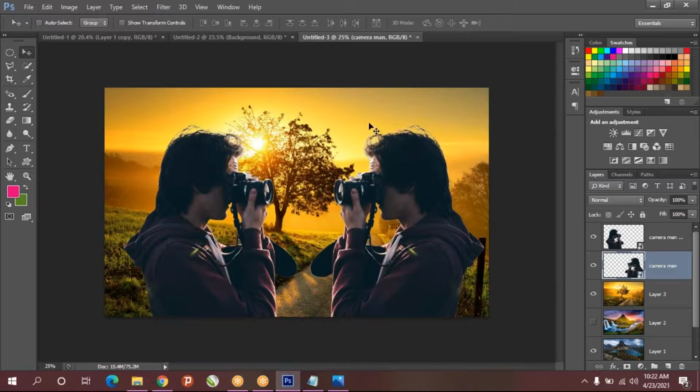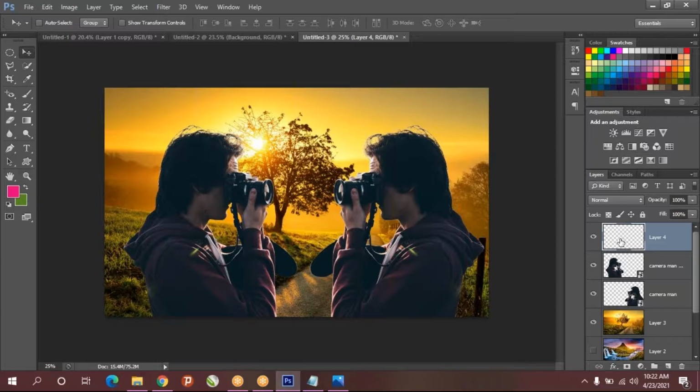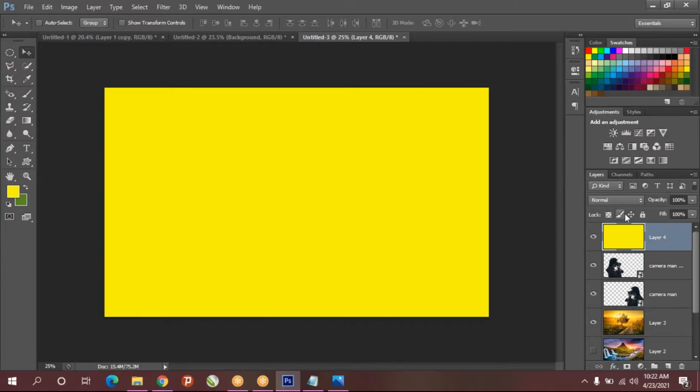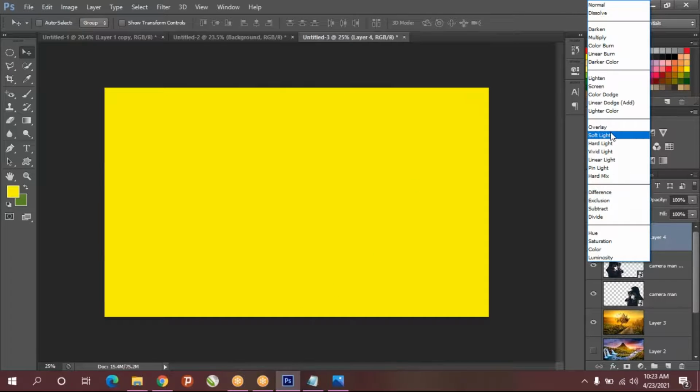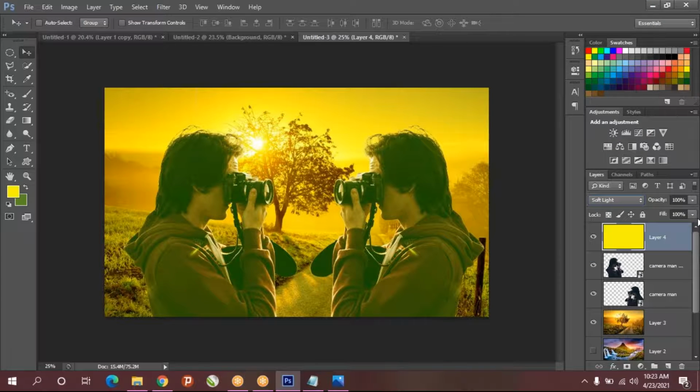So for this image also, by using color mode you can change it to the color, because this has brown shade but the background is fully yellow shade. So I'll take one new layer, I'll place it here. So I'll take yellow colors are little bit matching to this color. I think yellow is good, and fill with yellow color, and after that go for blending mode, soft light. Okay, and we can reduce the opacity level also.